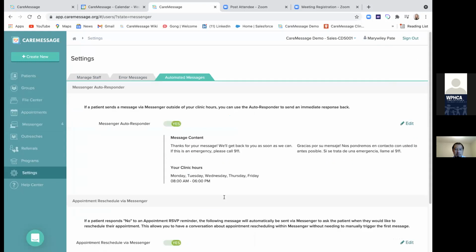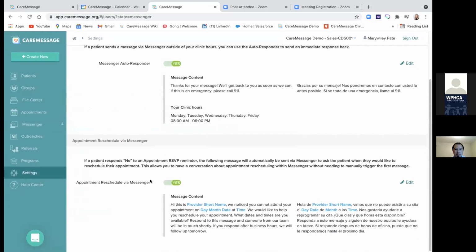One thing that I wanted to show you that is not included in CM Lite, but it's fairly new for the folks who are interested in the fully integrated platform, and I'll go into the appointments next. This is appointment rescheduling via Messenger. The appointment reminder goes out to the patient. If they say yes, it'll book it on the schedule in your EMR. If they say no, it'll remove it from the schedule in your EMR,